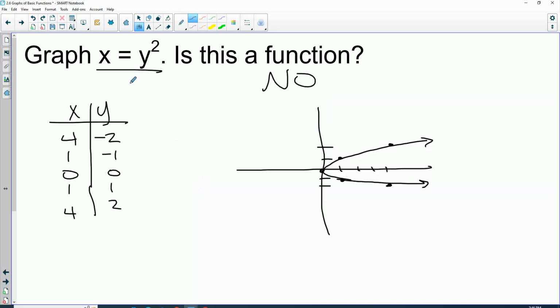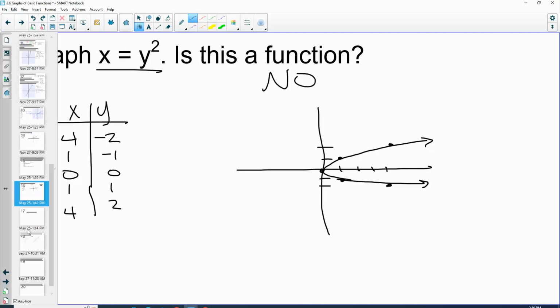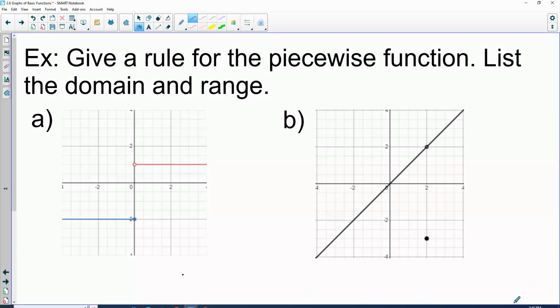Okay, I'm going to let you work on your homework, and then maybe at the end of class, I might come back and do a bonus problem. I didn't put any on